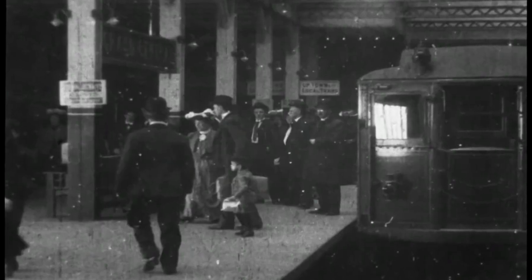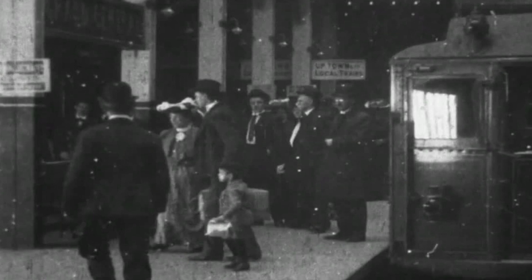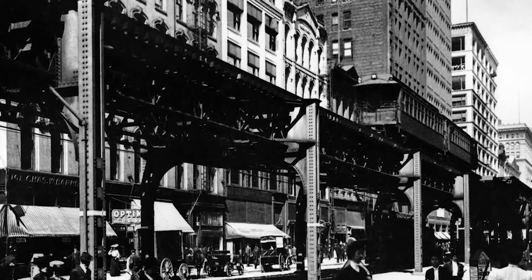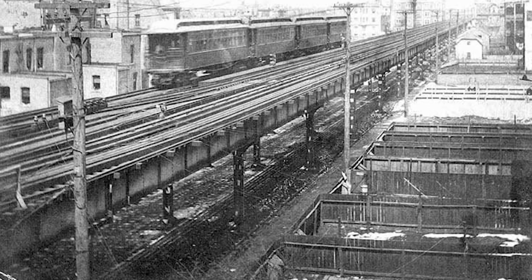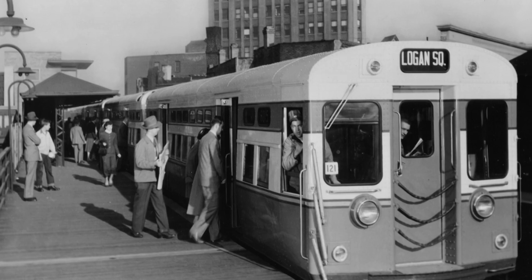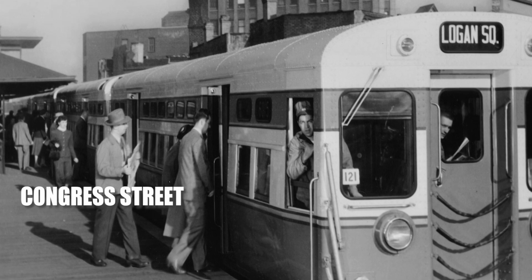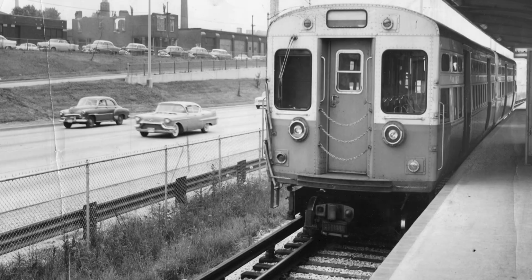The CRT introduced subway service in 1943 with the opening of the State Street subway running from Congress Street to North Avenue. The CRT expanded the Milwaukee-Dearborn subway in 1945, extending it north to Fullerton Avenue and adding an additional 2.9 miles, 4.7 kilometers of subway track. In 1951, the CRT opened the Dearborn subway connecting Congress Street and North Avenue and adding 2.2 miles, 3.5 kilometers